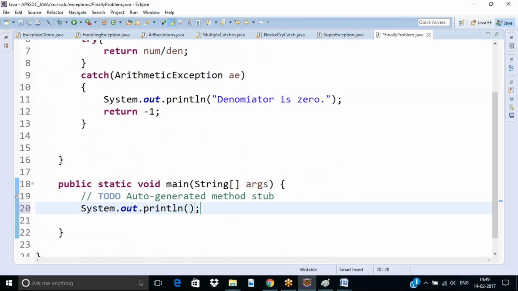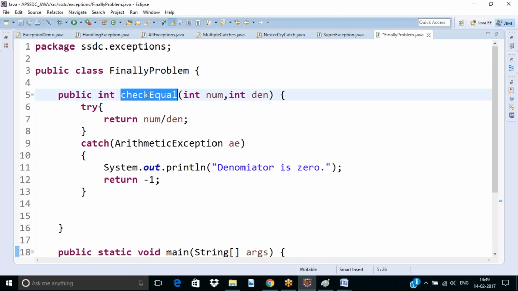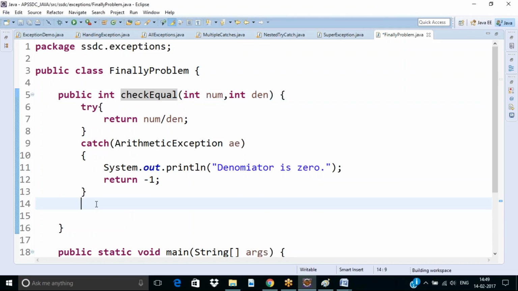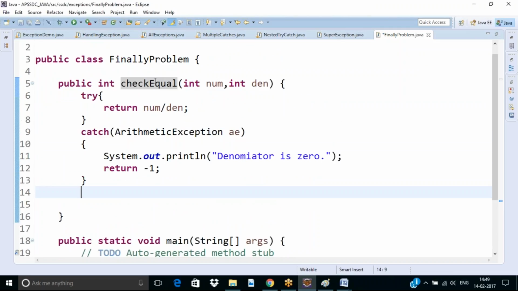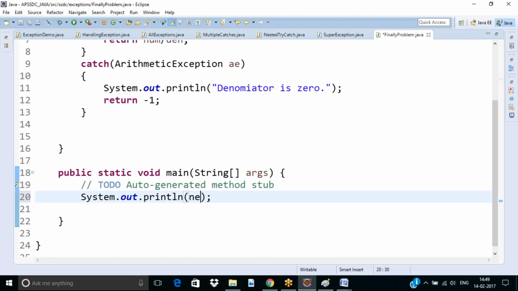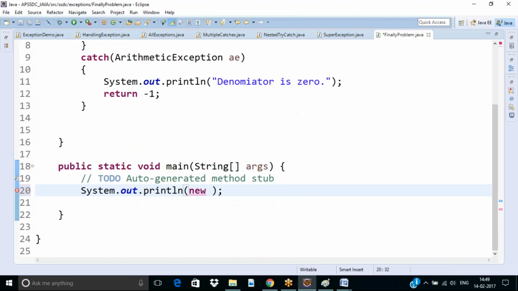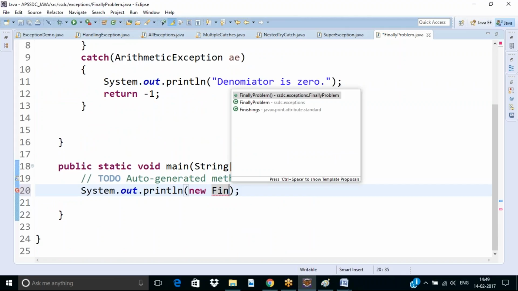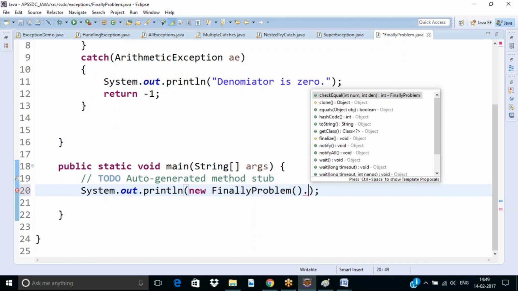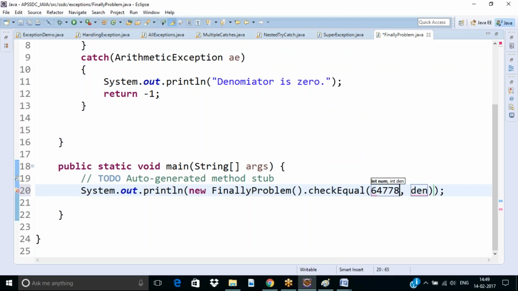Okay. To call the check equal method, to call this method, some object has to be created like this. We should create an object for the current class. Finally, problem dot, the method is check equal of some number divided by denominator. If I pass denominator as 0, if my second argument is 0 here